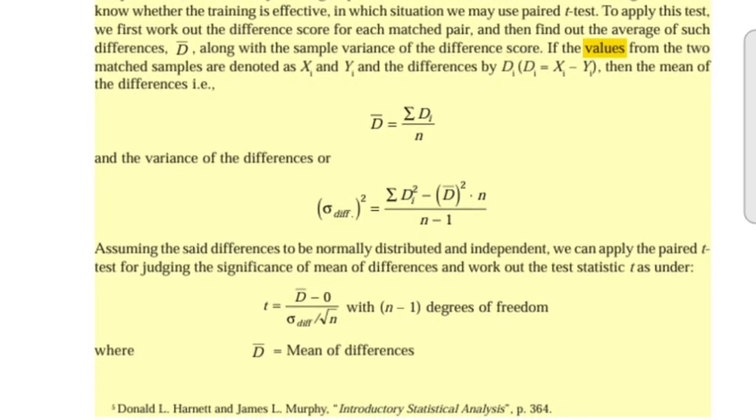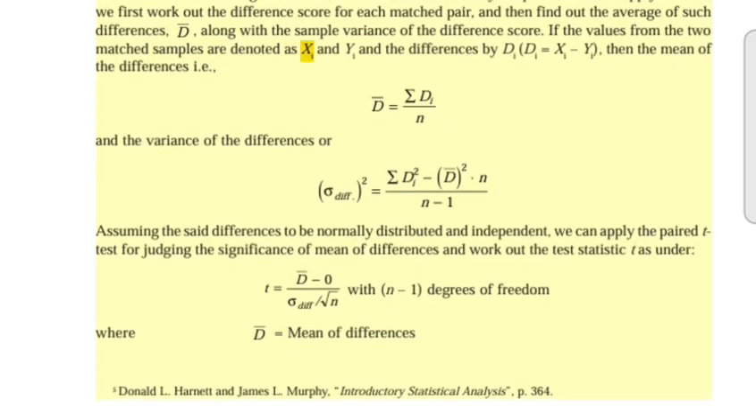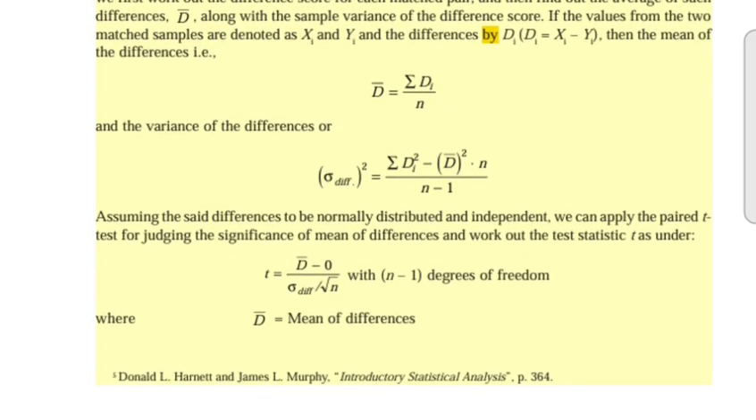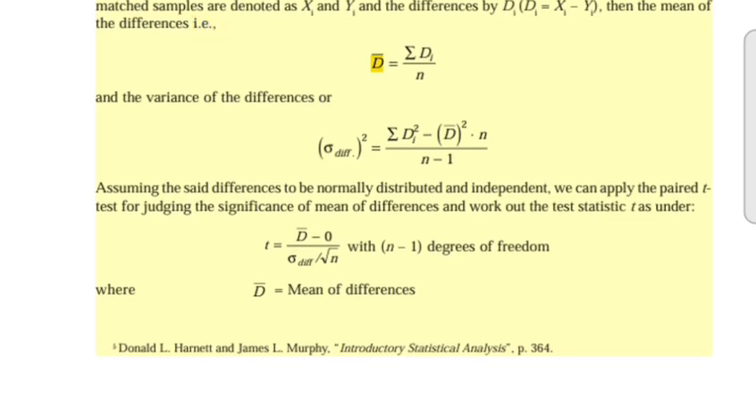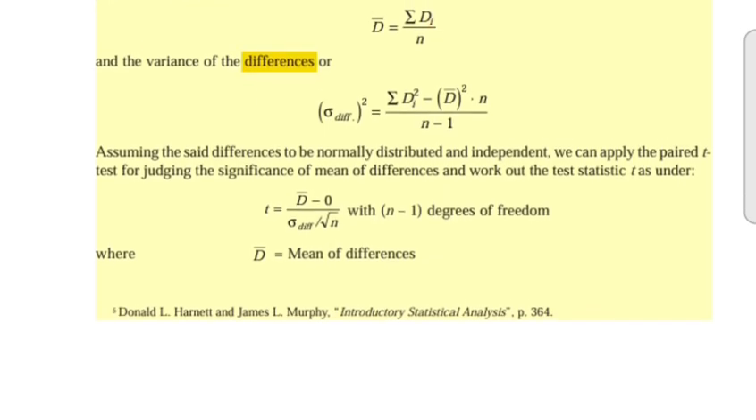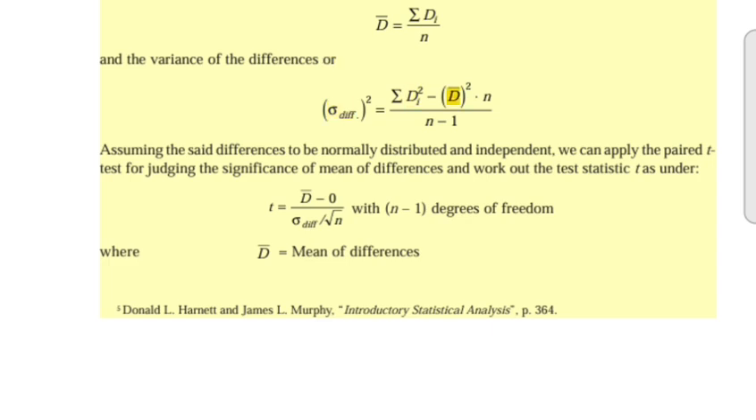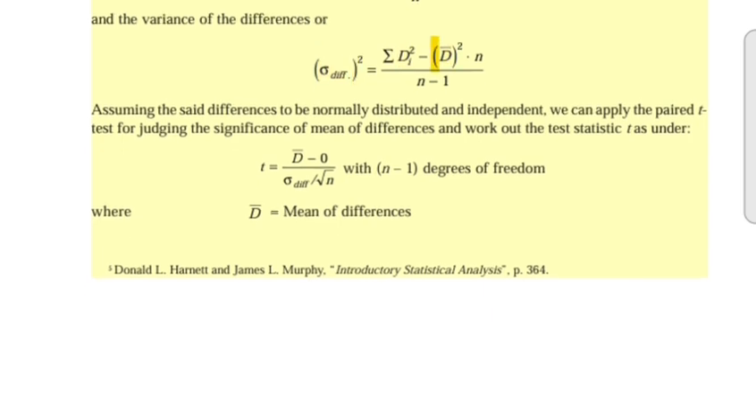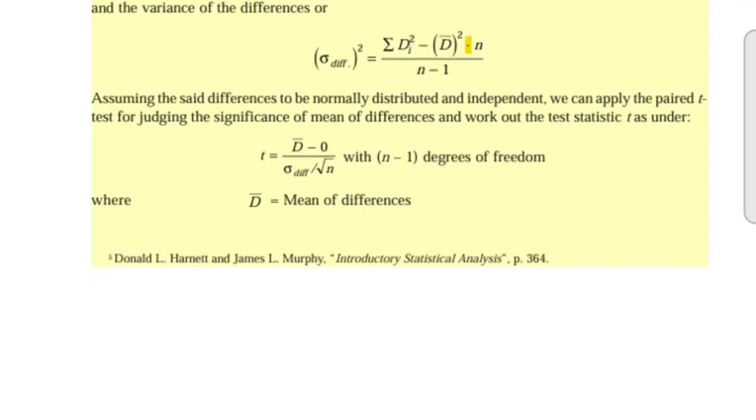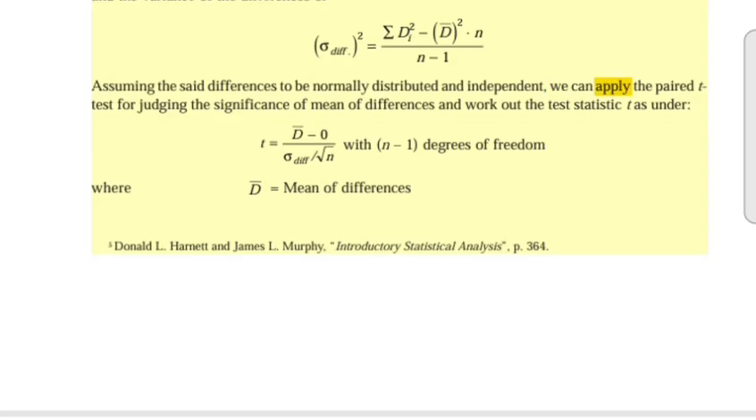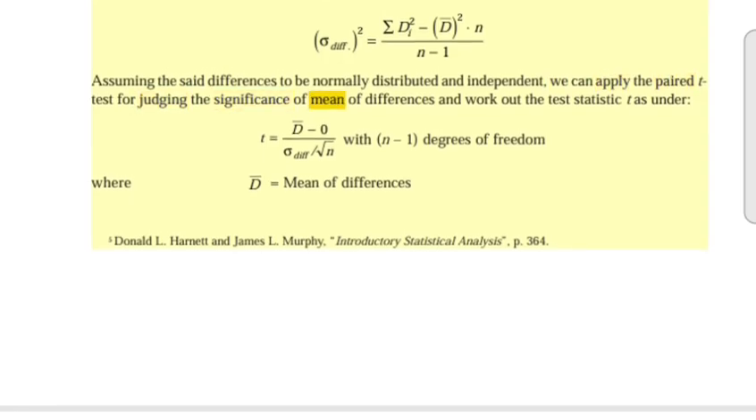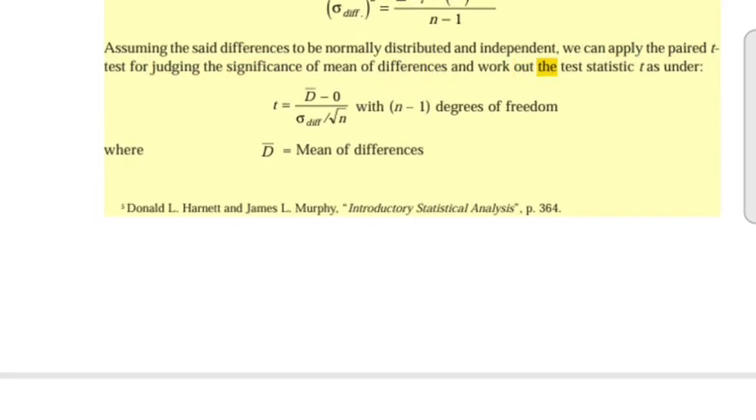If the values from the two matched samples are denoted as xi and yi and the difference is denoted by di equals xi minus yi, then the mean of the differences is d-bar equals the summation of di over n, and the variance of the differences is sigma diff squared. Assuming the said differences to be normally distributed and independent, we can apply the paired t-test for judging the significance of the mean of differences and work out the test statistic t as under: t equals (d-bar minus 0) over sigma diff over root n, with n minus 1 degrees of freedom, where d-bar equals mean of differences,